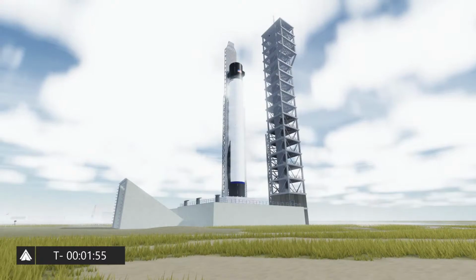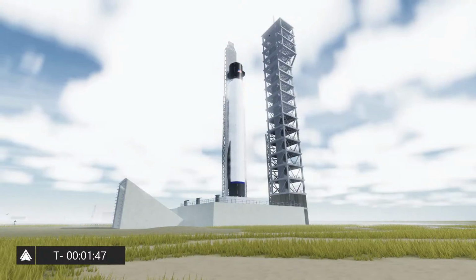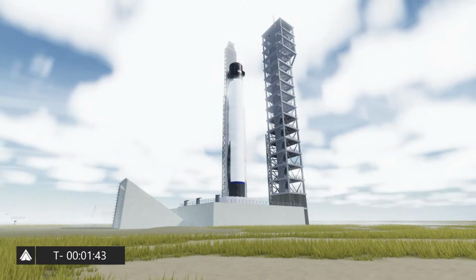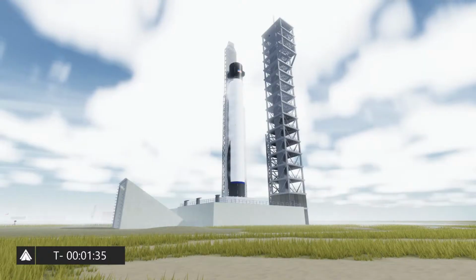Now, as we're currently getting ready for our first static fire here, we are expecting a 50-second hold at T-minus 50 seconds for final checkouts to ensure everything is good to go for static fire today. Now, like I said, this is a test and anything could happen, so please make sure that you keep an eye on that countdown, keep an eye on the rocket. Anything could happen, but we're hoping for a good test for today's